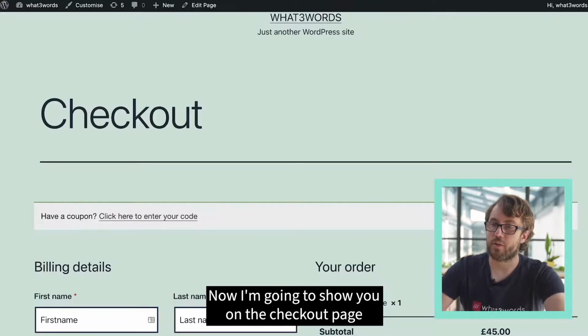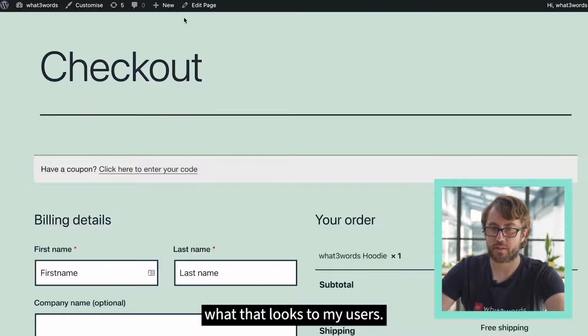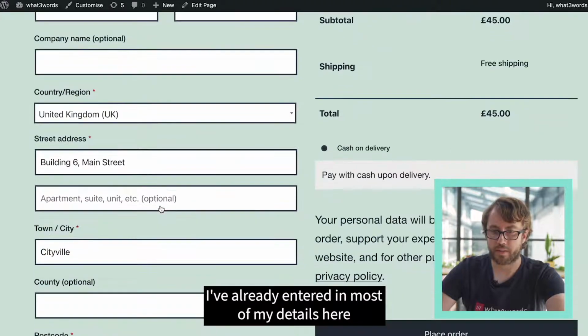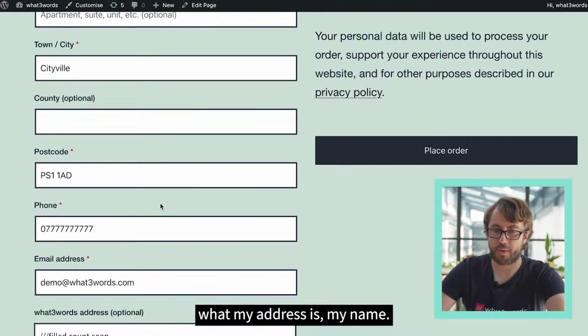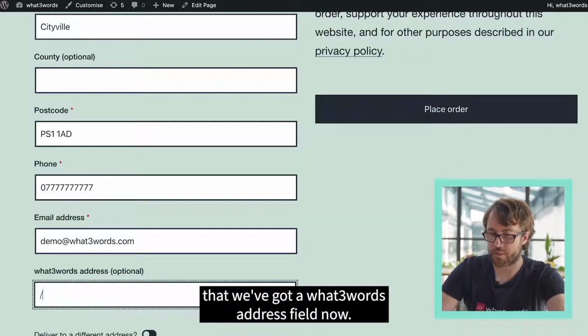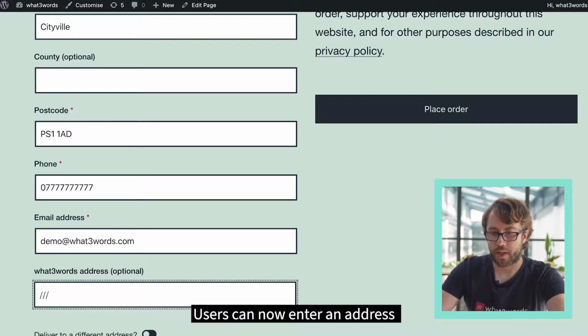So now I'm going to show you on the checkout page what that looks like to my users. So I'm just going to refresh the page. I've already entered in most of my details here, what my address is, my name. And you'll see here that we've got a what3words address field now, and users can now enter an address